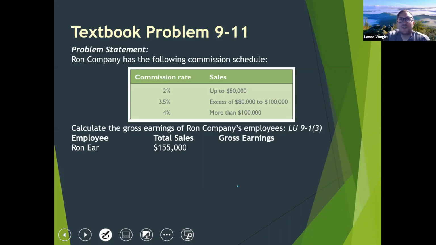So if Ron Ear sells $155,000 worth of sales and his commission rate is the following, that means that 80,000 of it will be at this rate. 20,000 of it will be at this rate. And then the remainder, which is 55,000, will be at this rate. So we're doing 80,000 times 0.02 plus 20,000 times 0.035 plus 55,000